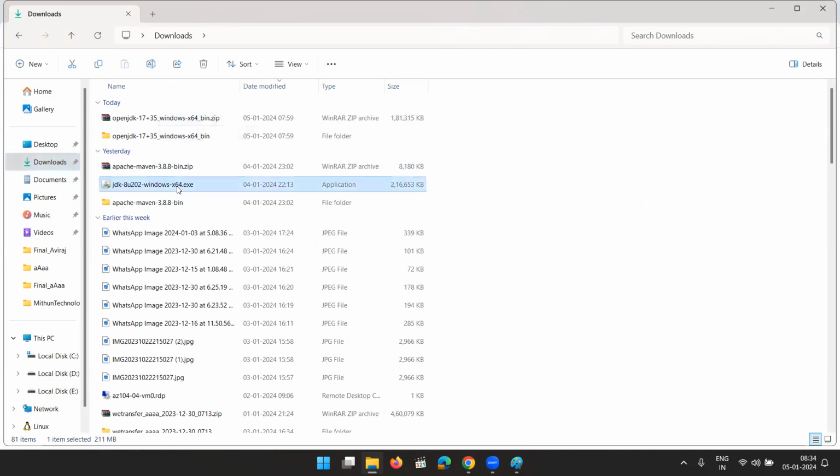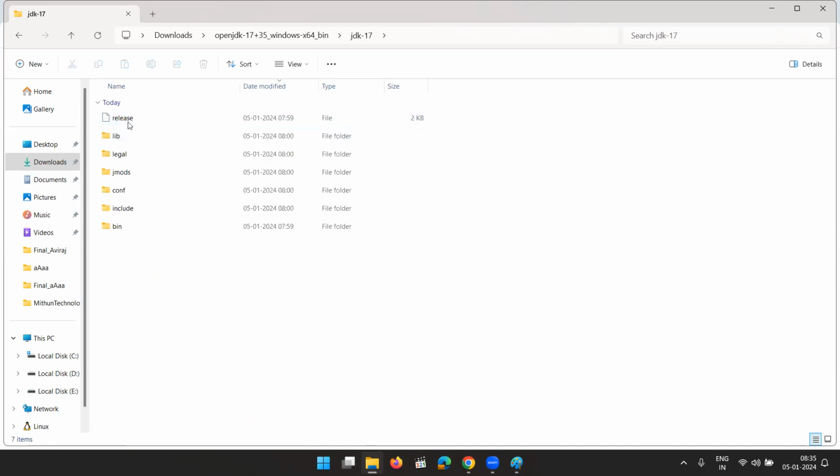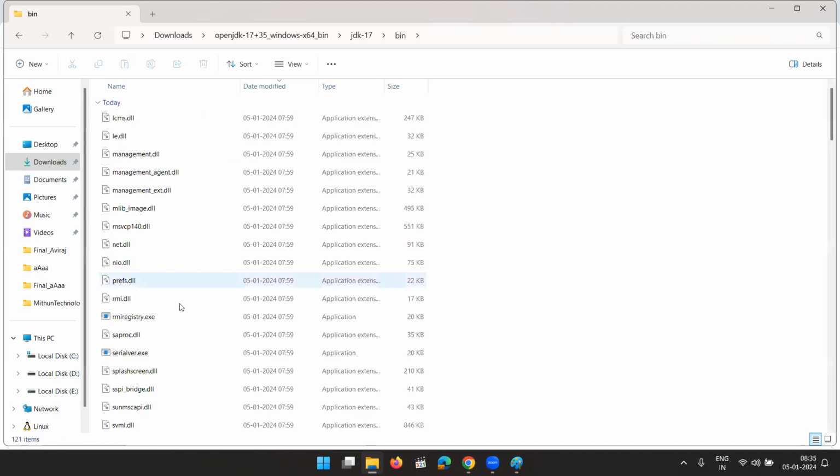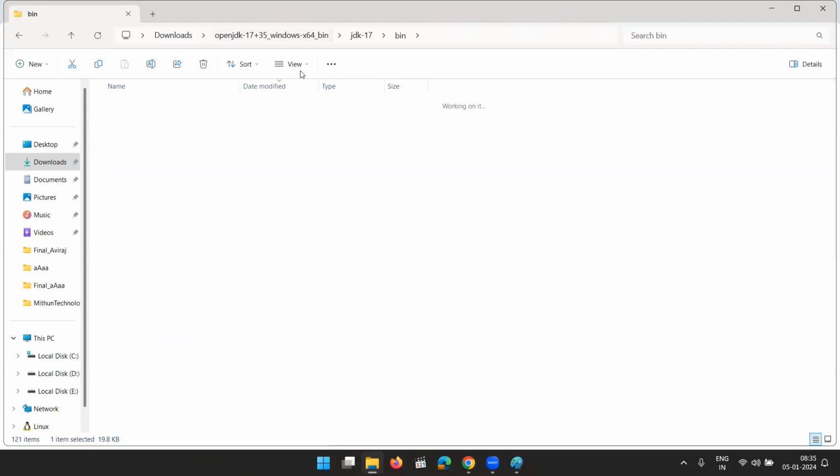Now, don't install this JDK exe. It will install a Java runtime environment, which will not help you in compiling your code because there is no compiler in Java runtime. The compiler will be in the Java development kit only. Okay. So open this. Inside this, you will find JDK. Copy this JDK. Inside this, you will be having bin, and inside bin, you will be having your compiler. See, this is the Java C compiler. So copy that JDK,